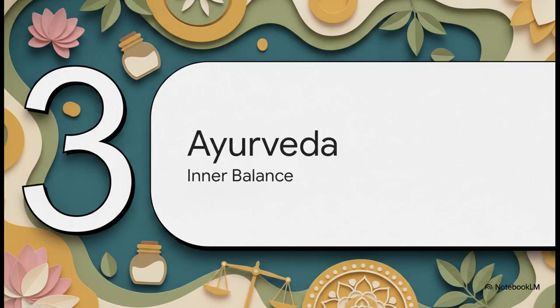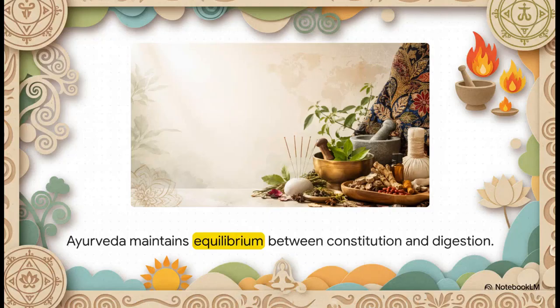All right, let's shift gears to Section 3, Ayurveda and inner balance. In Ayurveda, human physiology is actually categorized into 3 primary energies, which they call doshas. That's vata, pitta, and kapha. Disease happens when these fall out of sync. This entire system is laser-focused on your own unique baseline constitution. So in Ayurveda, health isn't just something you have. It's an active, everyday process of keeping these doshas in total equilibrium with the environment around you.